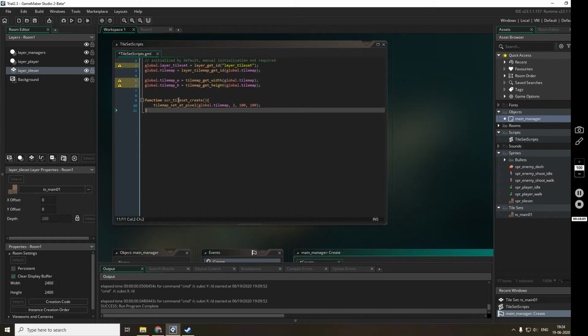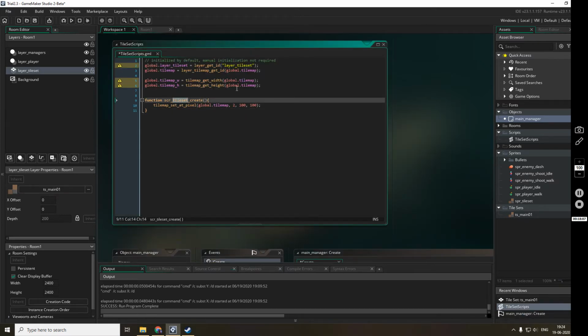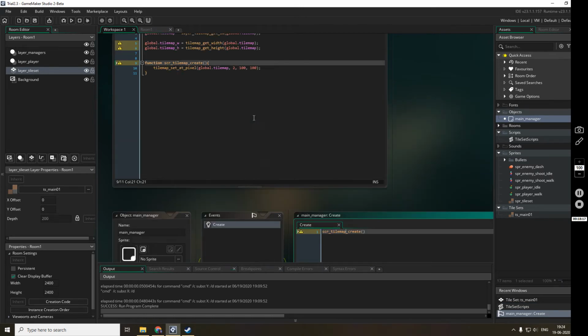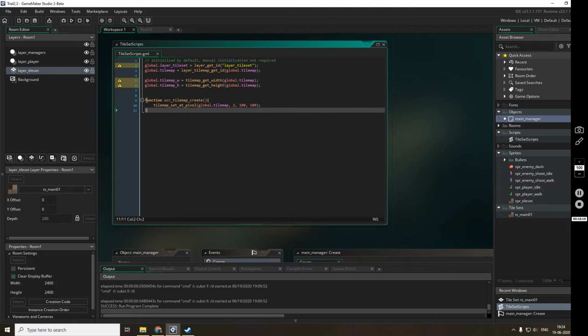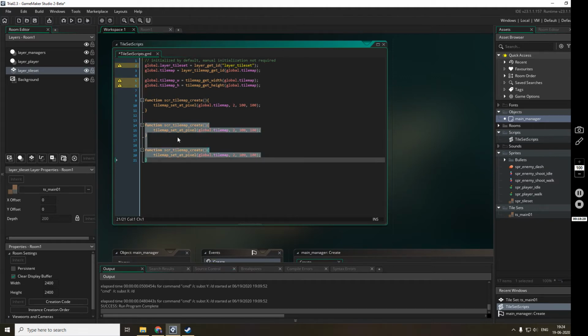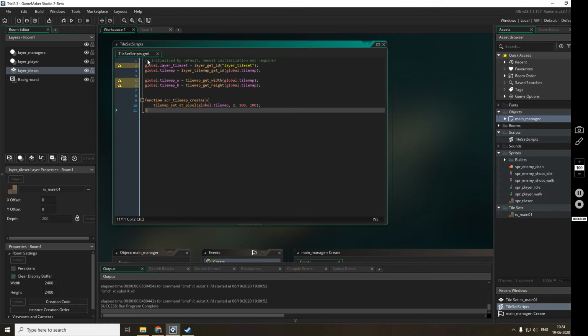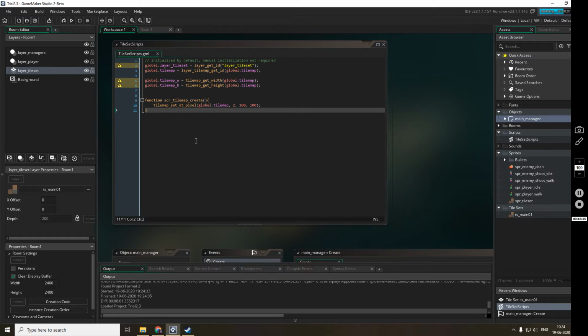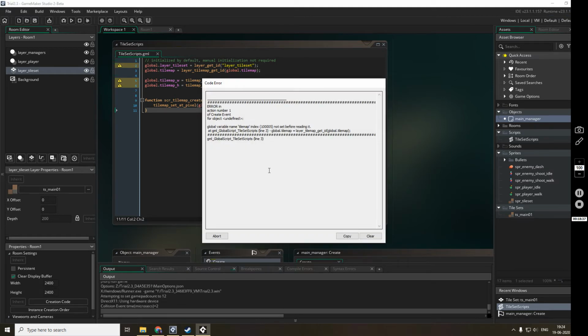Okay, is this the tile map? I have to create the tile map create. Yes, so now I can write any number of functions in the same script file. This is just a file, all the function names have to be different of course, but I can put any number of functions in one IDE file.